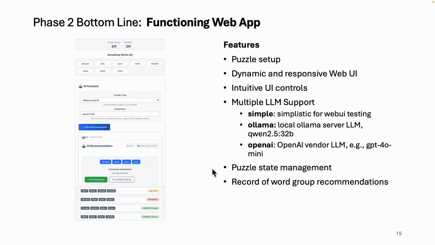This is a demonstration of a web application built through specification-driven development based on GitHub's open source project called spec-kit. What this web application does is it helps a person solve the New York Times Connections puzzle. And what you'll see in this demonstration are the key features of this application: the ability to set up a